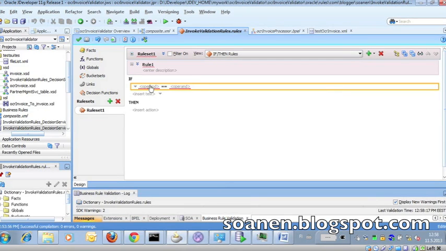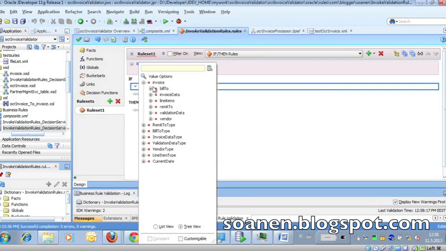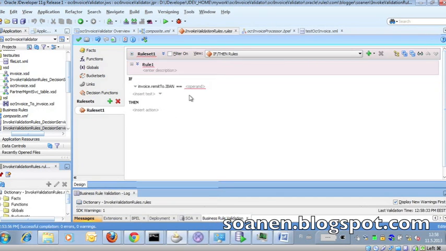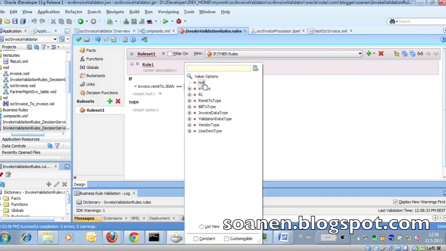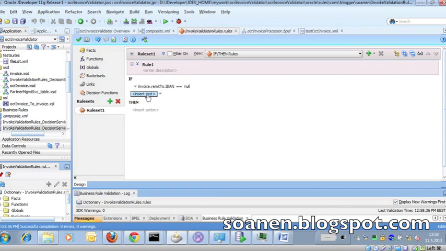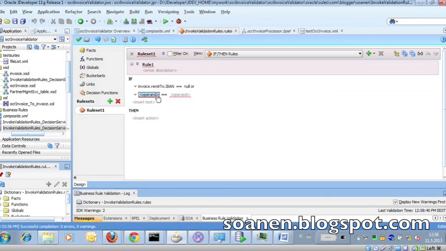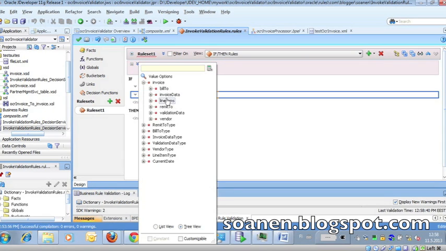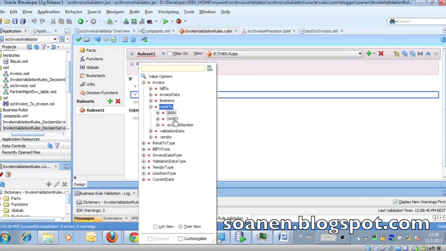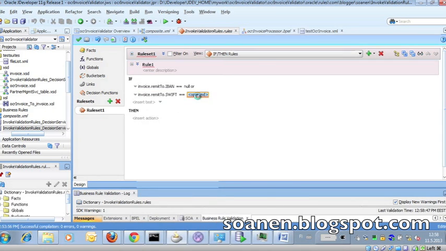So let's add first a test. We want to be looking, for example, at this incoming invoice. Let's, for example, check that the IBAN field is not null. If it is null, then we return an error. Or let's say that if the Swift is null,